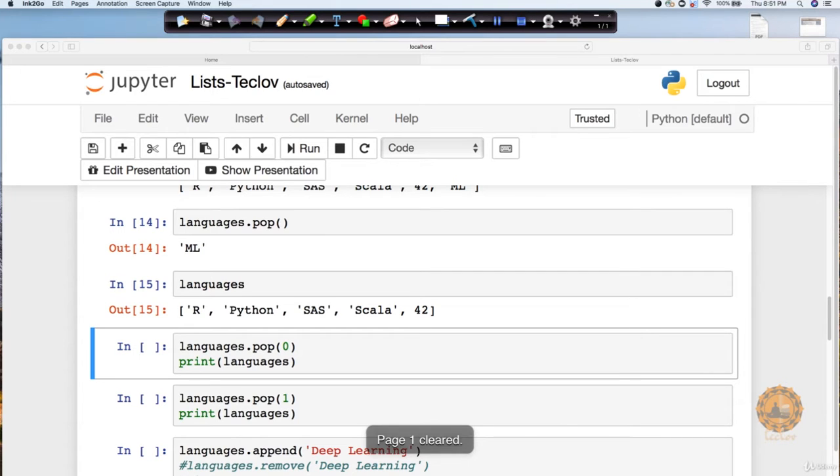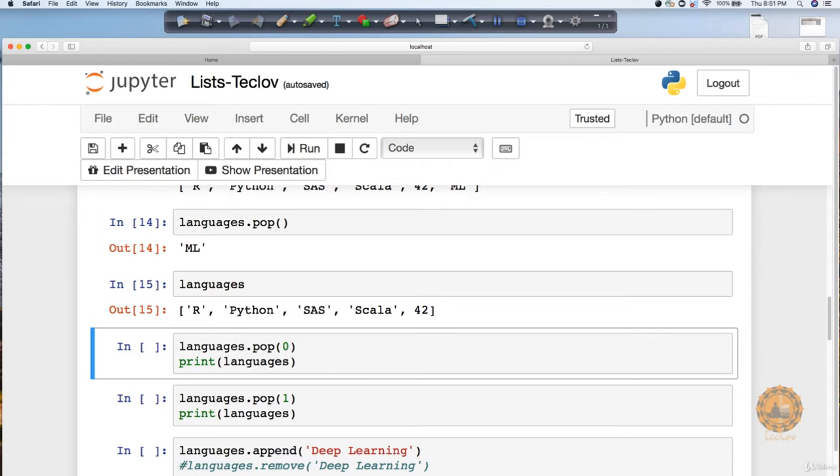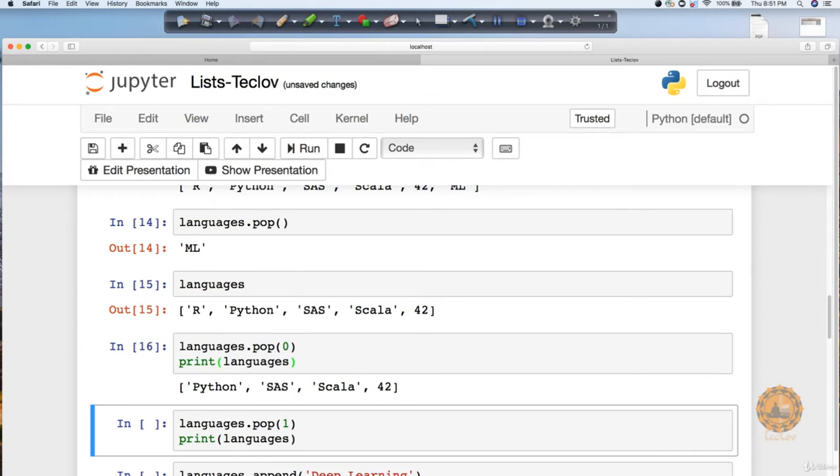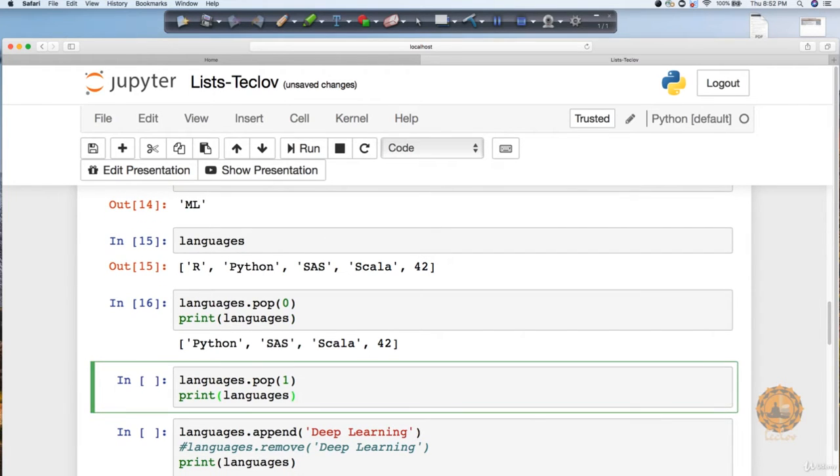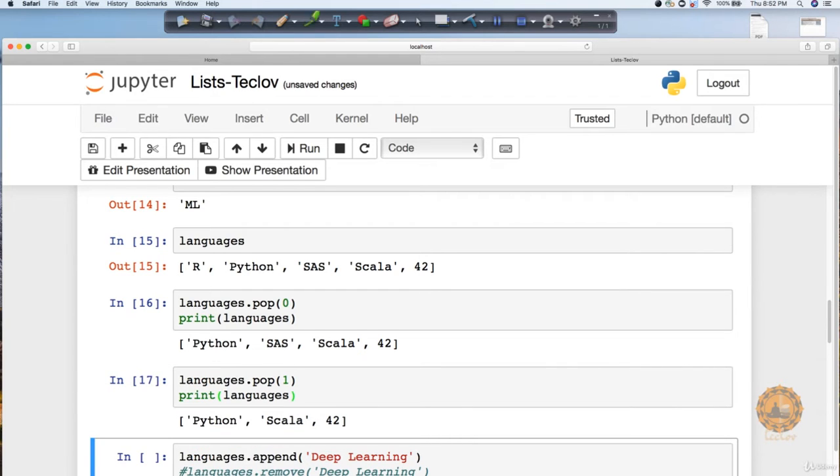So here, if I execute this particular statement, you will notice that it is going to take out my R from here. So now I am just left with Python, SAS, Scala, and 42. Now, if I say pop(1), just to show you one example, it is going to pop out my first element.